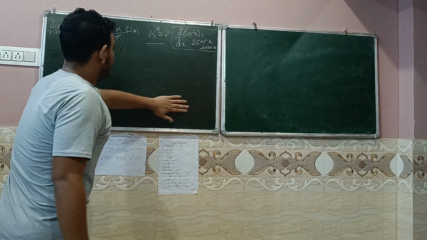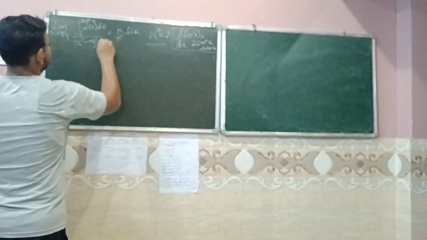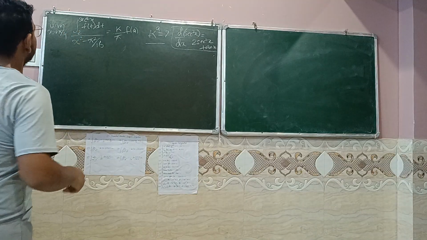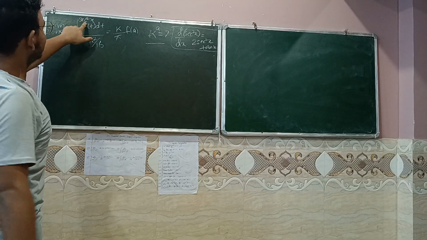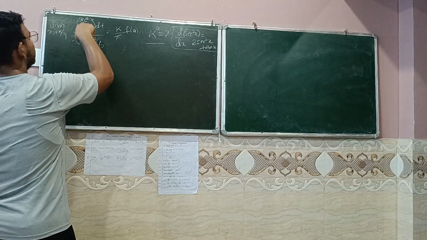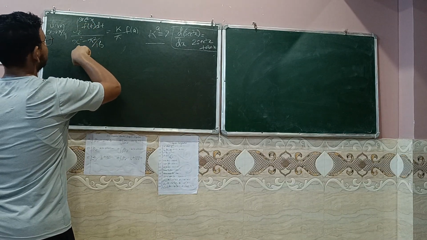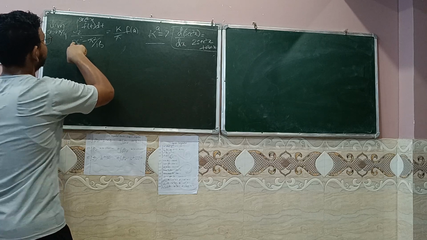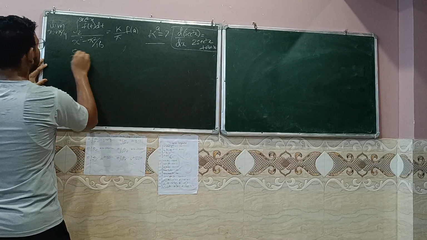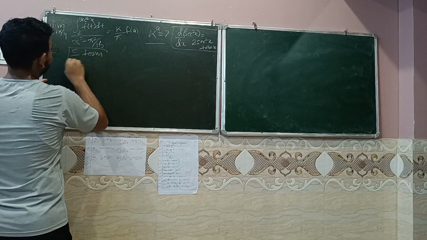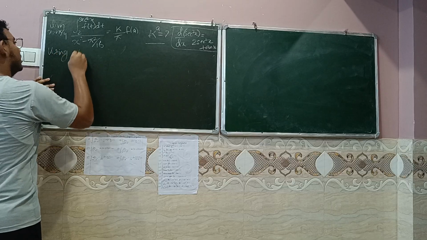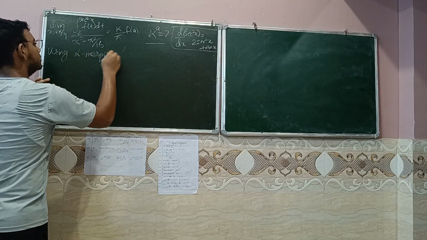Firstly, we will check after plugging pi over 4 into the equation. Our integral: sec square x, when x is pi over 4, sec square of pi over 4 is 2. So the integral from 2 to 2 is 0. In the denominator we have pi over 4 whole squared minus pi squared over 16, which is eventually 0. So this is 0 by 0 form, and we have to use L'Hopital's rule. So using L'Hopital's rule,